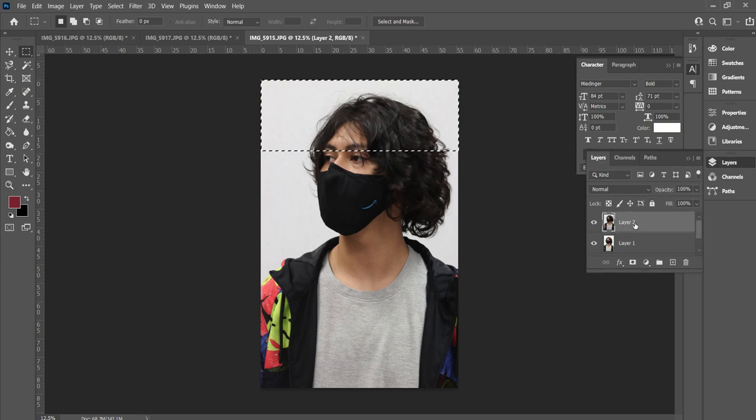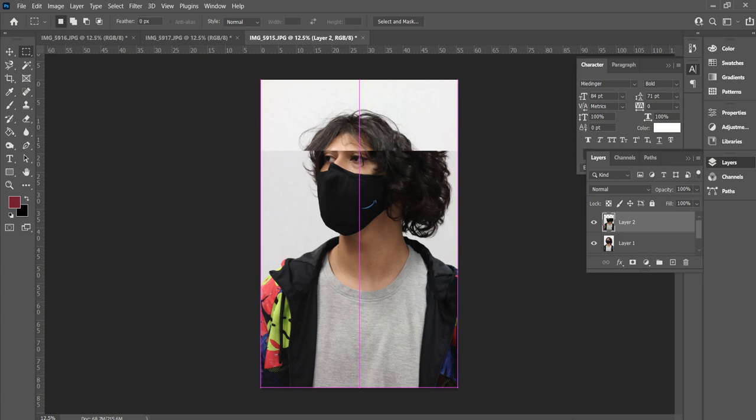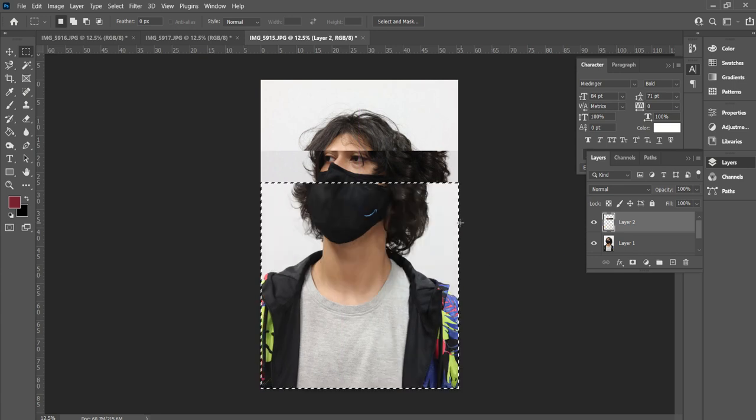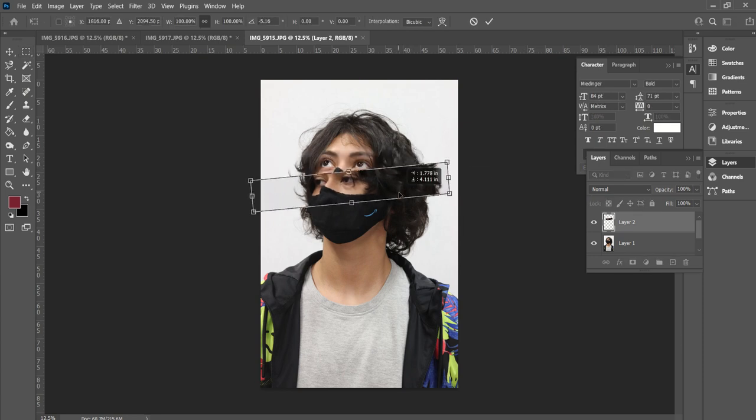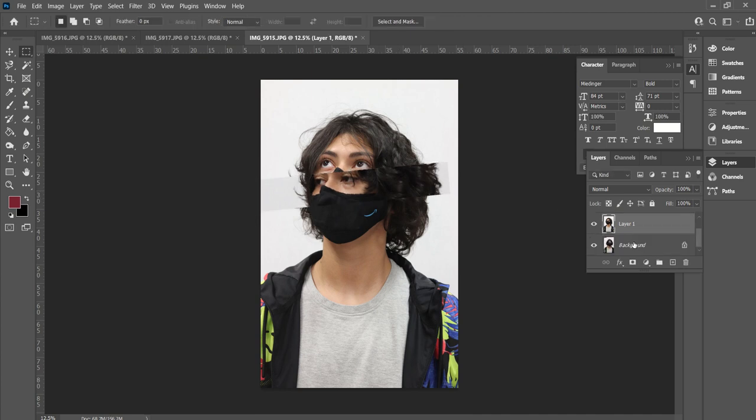So from this top one, I'm just gonna hit delete, get rid of that. And you know what, I'm only gonna keep the eyes on this one. So I'll take this layer and I'm gonna modify this a little bit, move it around. And we're gonna give him like a double set of eyes right there. Just playing with that, and